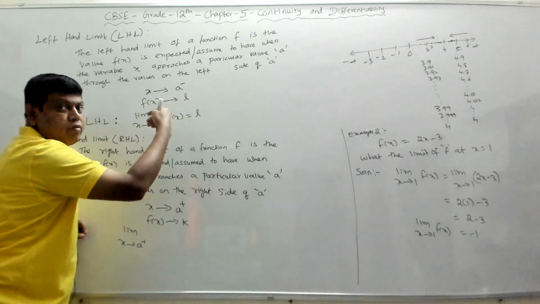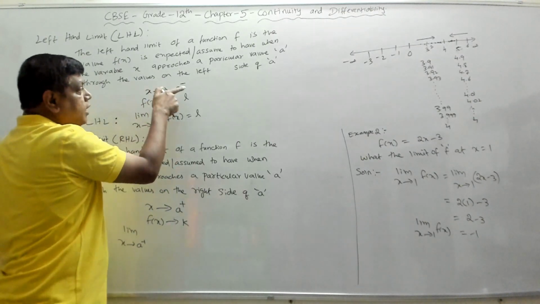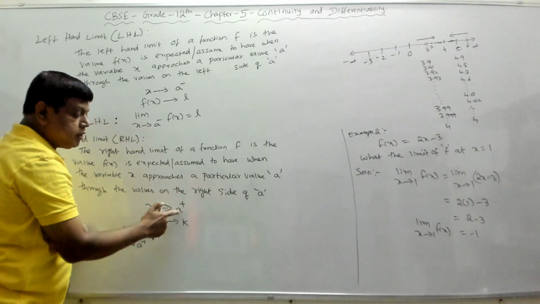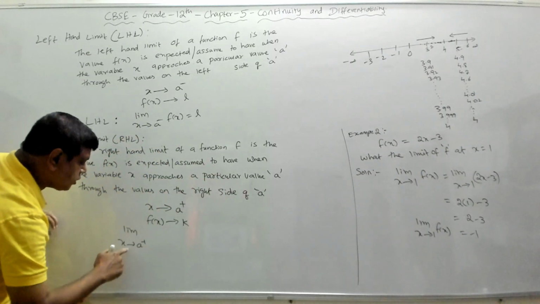Plus means left side of a, which means less than a. Sorry, minus means through the value on the left side of a or less than a. Plus means through the value on the right side of a or greater than a. So limit x goes to a plus